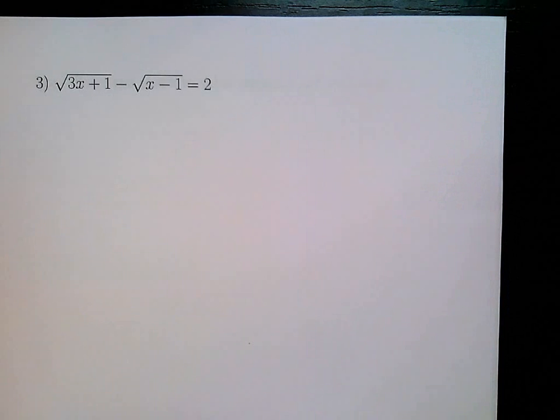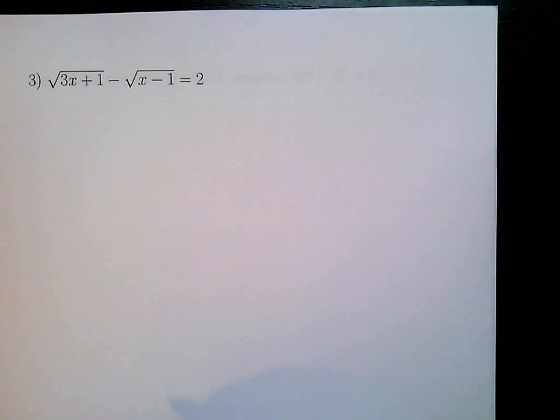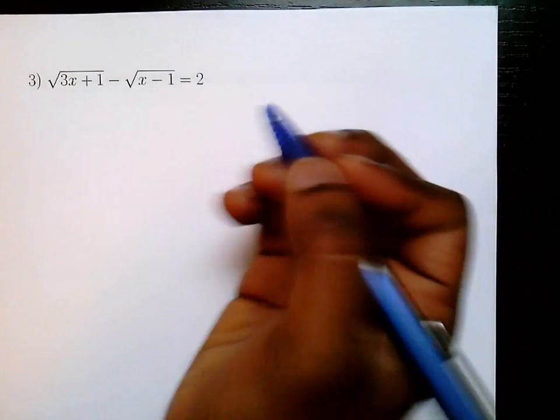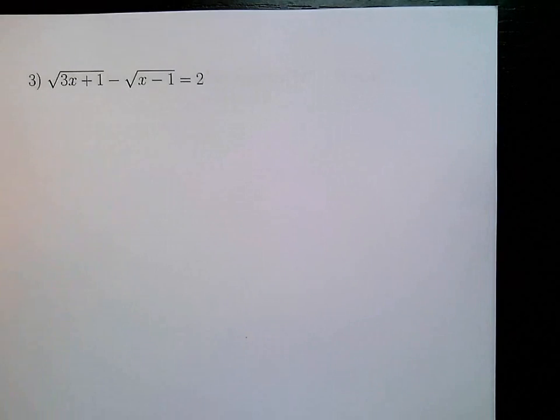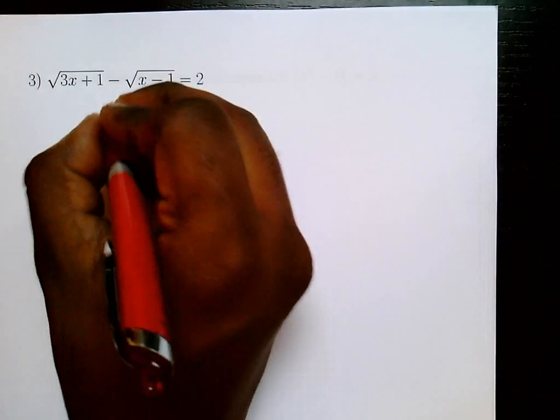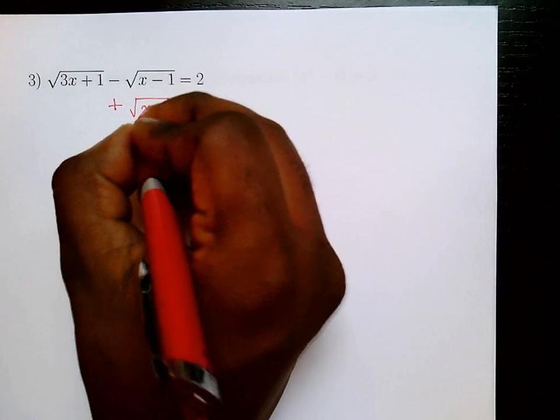And you should still be looking at the same page, because I have split these pages. Okay, right now, right here, what you do is again isolate the radical, but you have two radicals, so let's pick one. I would pick to isolate this one, so I would add square root of x minus 1